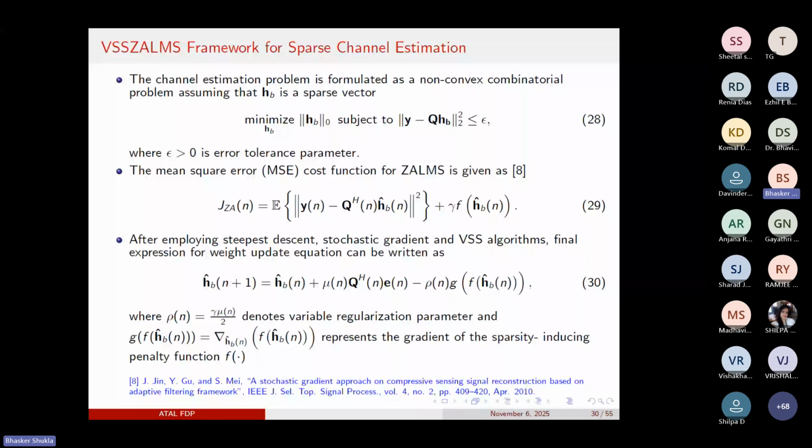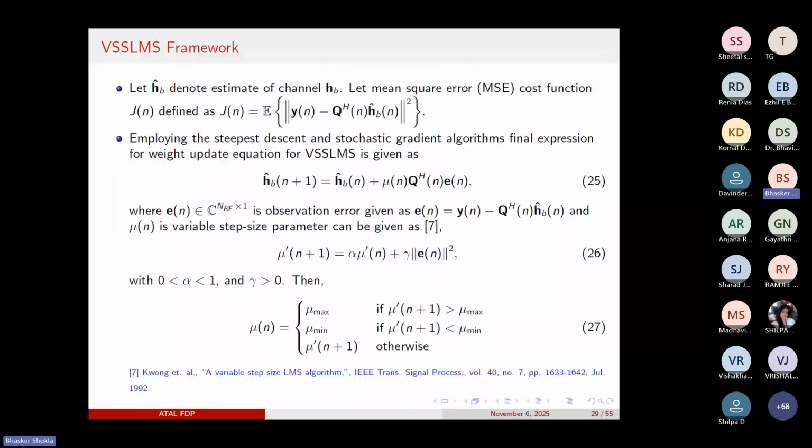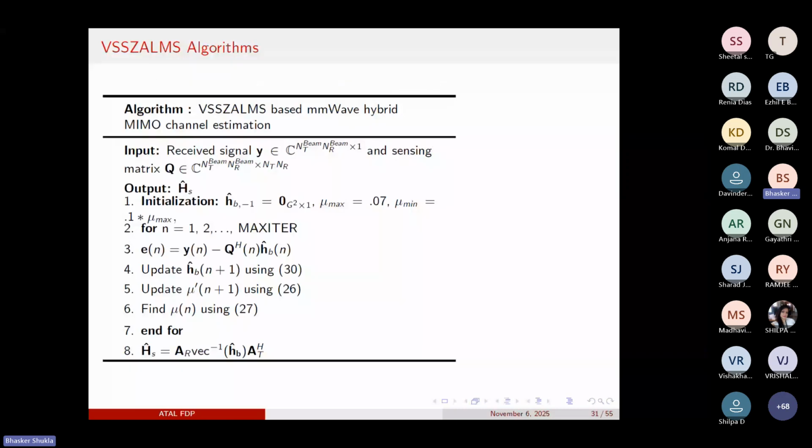We can see that the basic difference with variable step size is that the step size varies in each iteration, and that is given by this relation 27. Applying this algorithm, here is the basic pseudocode for the algorithm. We can find the estimated channel by this relation,